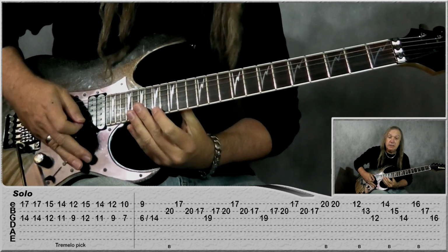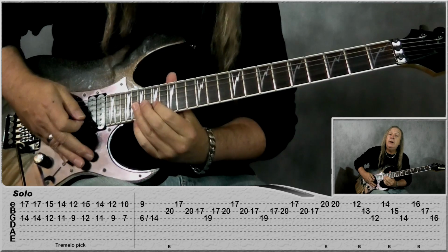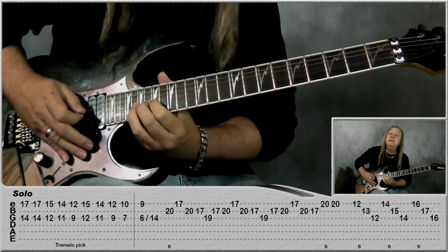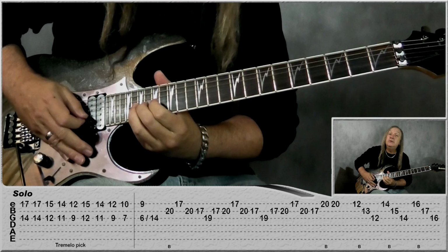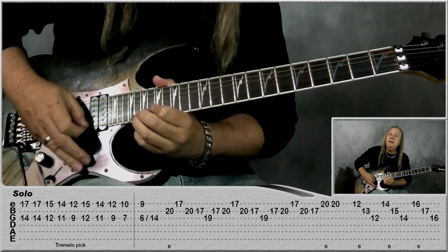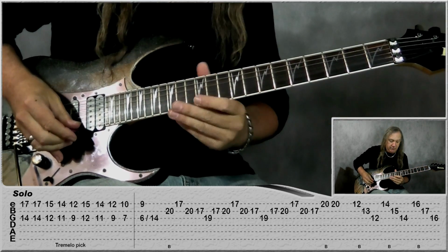Now we're going to repeat this 17 on the E, B, 20, 17, G, 19, back to B, 17, 20, and repeat that again, 17, 20, 17, 19, 17, 20, 17. Then the last one, just play B string 20, 17, do a bend on 20 on the E, and then just play 20. We're going to do a pick slide and a slide, and to finish it off we just